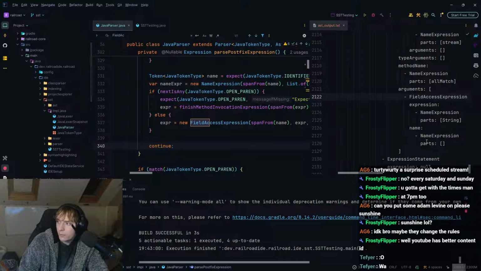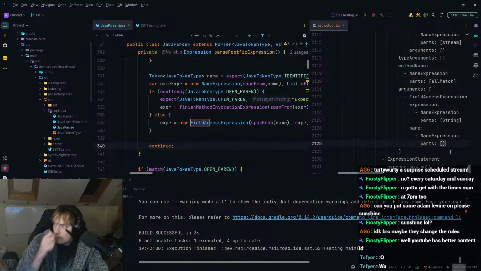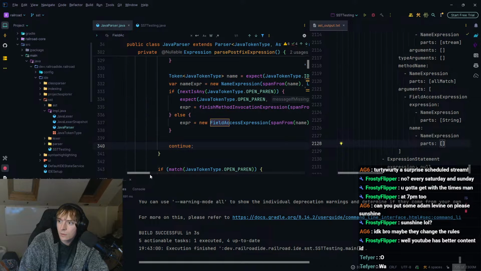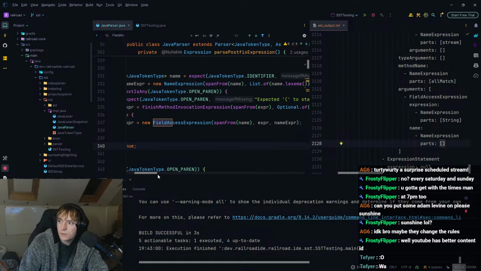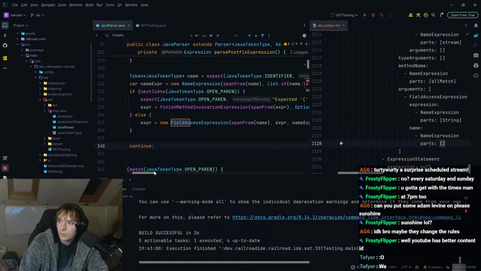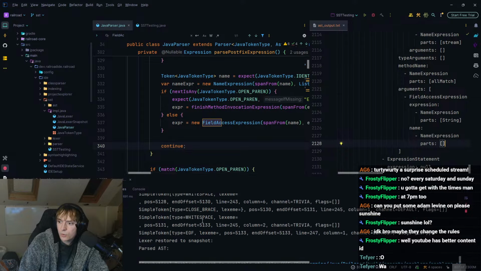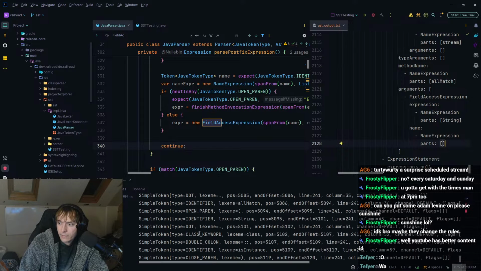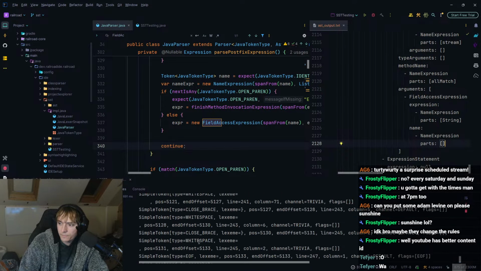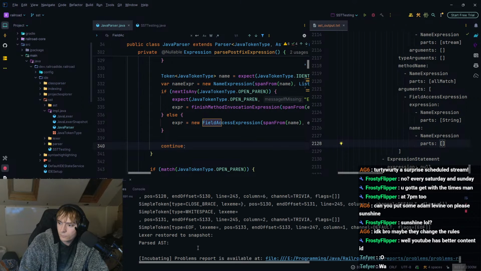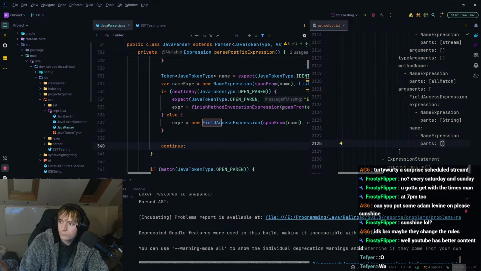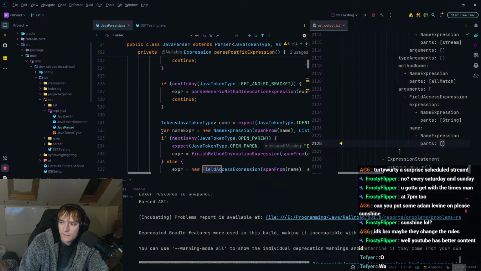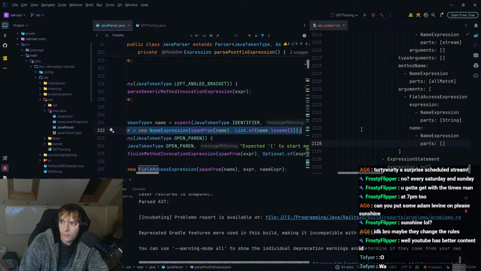Wait, no, it's not. The name is null. The name of the field access expression is null. So this name right here, so what is that set to? It's set to name expression, which is equal span from name list of name.lexeme. So that means this isn't working.